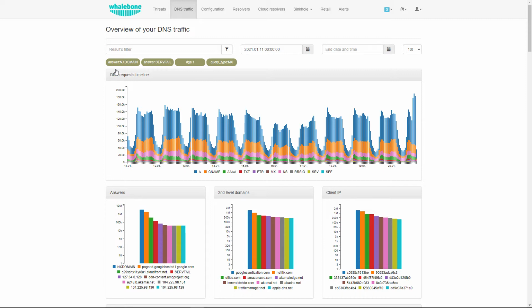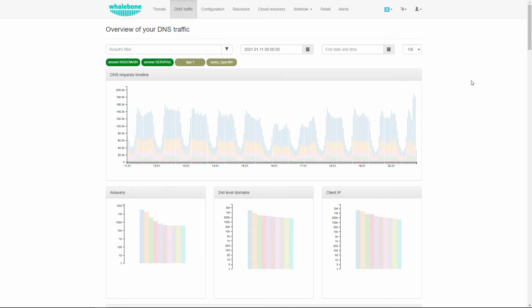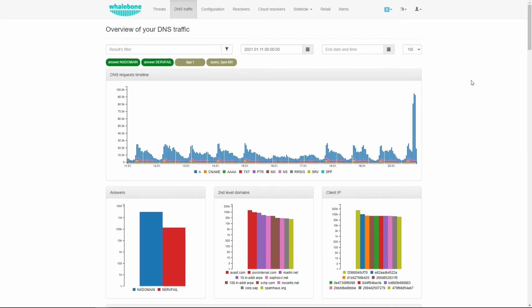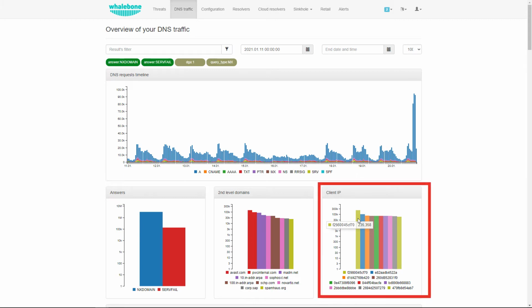One of the biggest advantages of the DNS traffic log is the possibility of filtering errors in responses such as NXDomain and ServFail. This allows you to see the malicious traffic on devices connected to the network. This video shows a hashed IP address with almost 240,000 resolutions of different domains leading to NXDomain and ServFail errors. Here, you can see both public and private IP addresses.